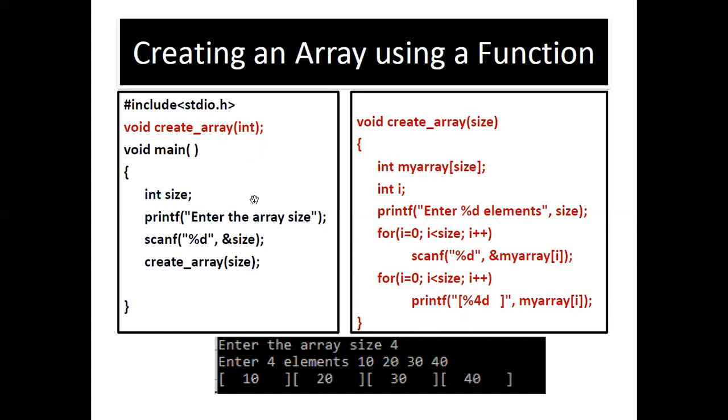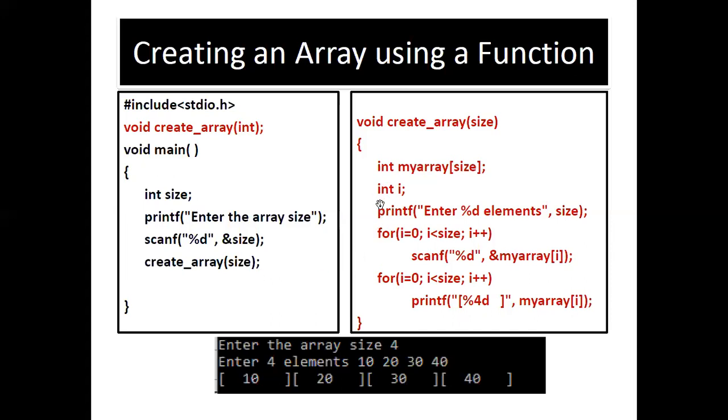We go deep inside main, and we see that through printf and scanf, you are taking the size of the array from the user. Let us consider we have given a value of 4, and then there is a function call. So function main is calling the create array function. The called function is create array, the calling function is main, the function prototype is mentioned, and as you know, what is going to happen in the fourth level? The fourth level is the function definition.